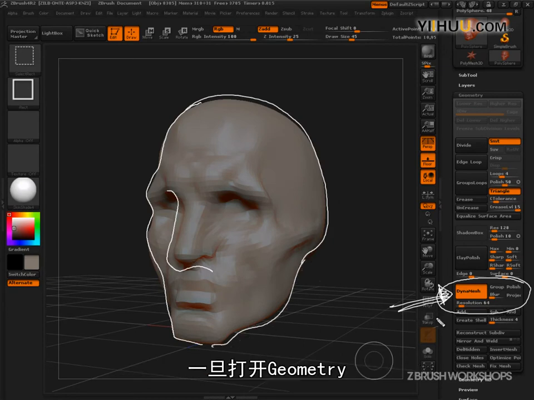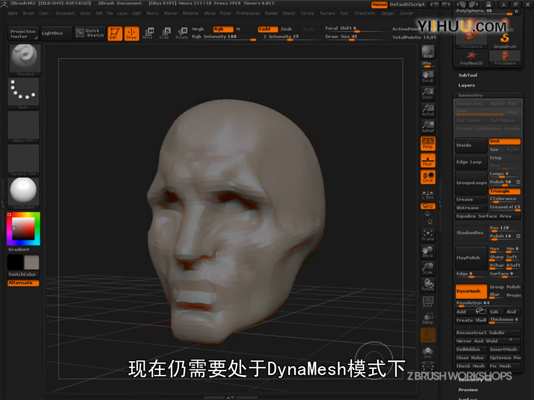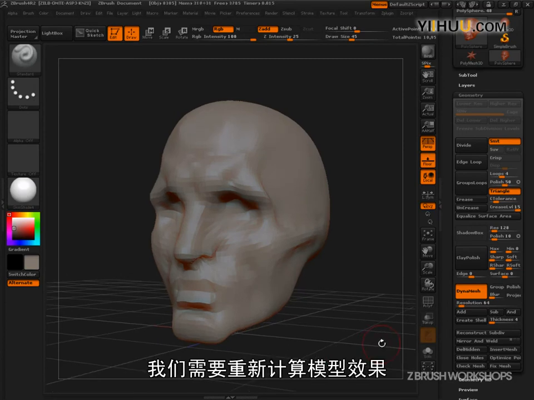Once you've got those, there are lots of reasons to be in DynaMesh. But we're going to exit DynaMesh and get into just normal sculpting and limit our exposure to problems. DynaMesh is what we're in right now. It's what you should be in. And so the way that we're going to